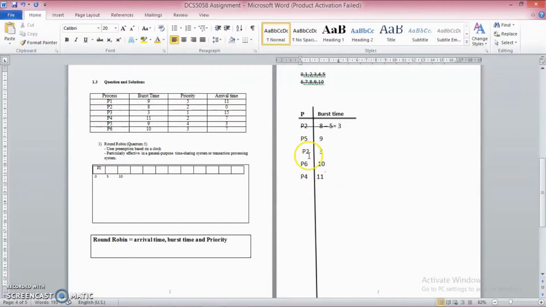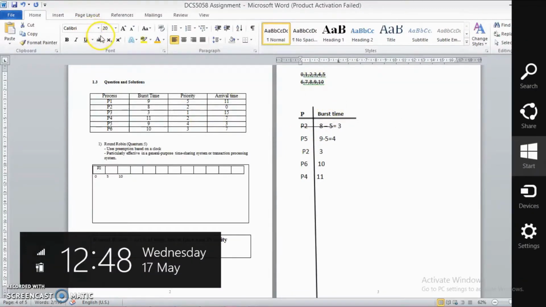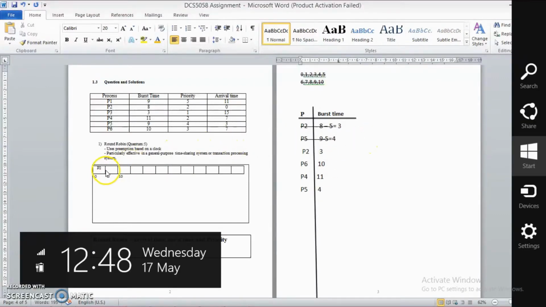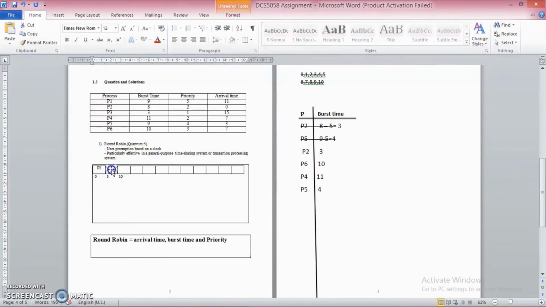And then now let's execute the P5. Now 9 minus 5, you will get 4. So as I mentioned earlier, cut it to avoid confusion, and then queue back the P5 here. The balance is 4. Okay, next we already executed P5, right? So put P5 here, and then